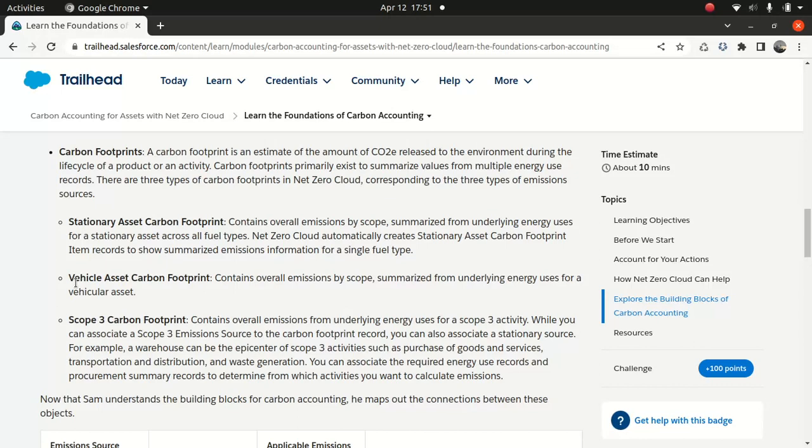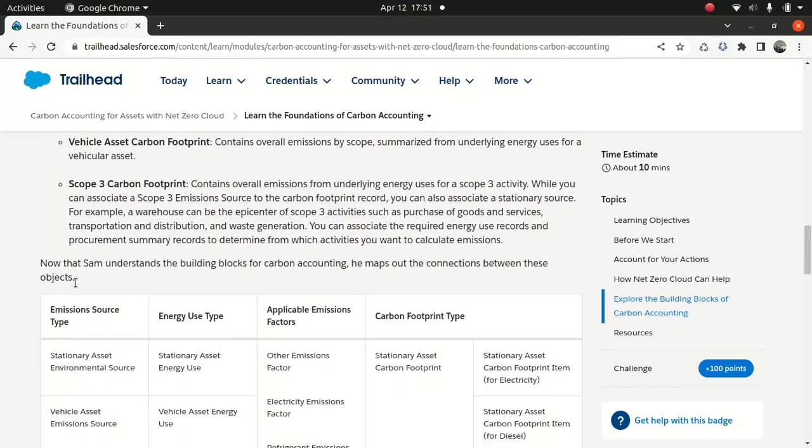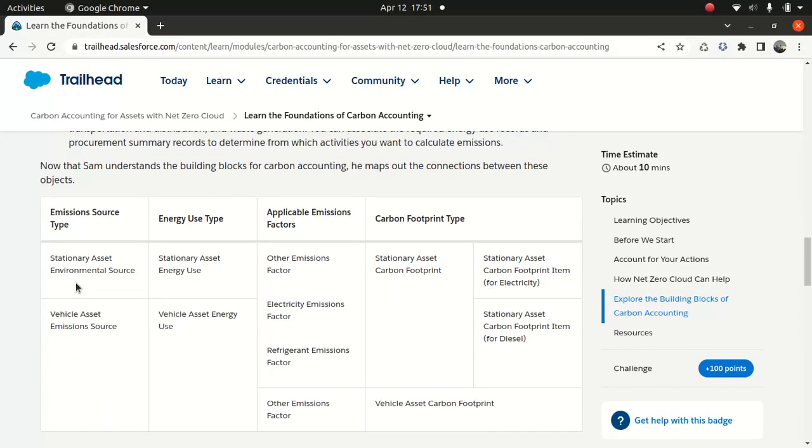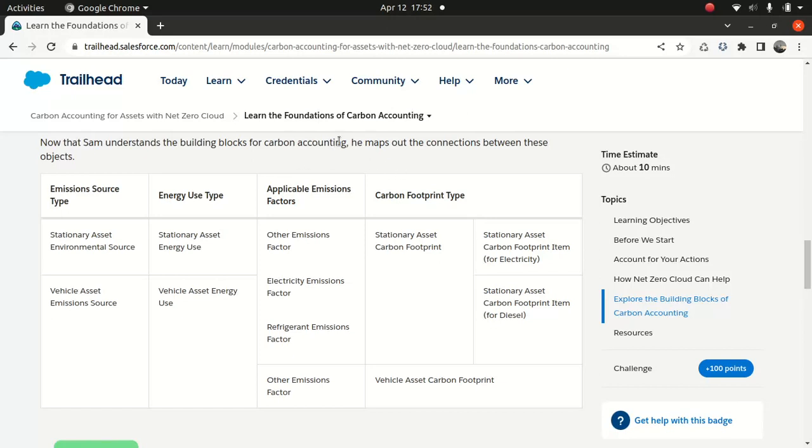If you've never done this kind of thing, I do get it, right? It gets confusing. It gets a bit interesting at the same time, right? But it's just your high school chemistry and science. That's pretty much it. So yeah, and then if you look at the building blocks for carbon accounting, so this